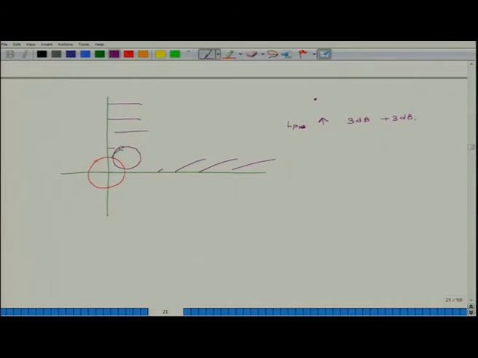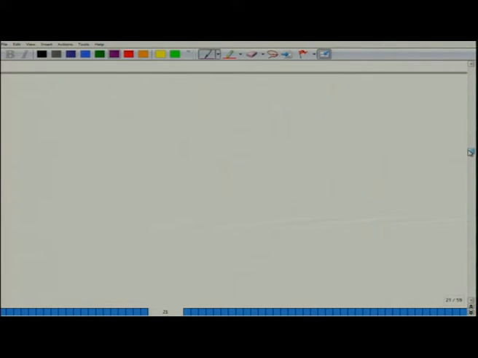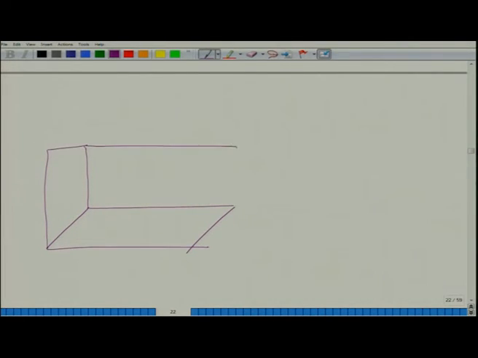So, this is when you have two reflecting surfaces and your object is close to the corner of the intersecting two planes. And finally, you could have even 3 reflecting surfaces. So, you can have this, this and this. And your object could be here. In this case, LP would go up by 3 decibels into 3, which is equal to 9 decibels.